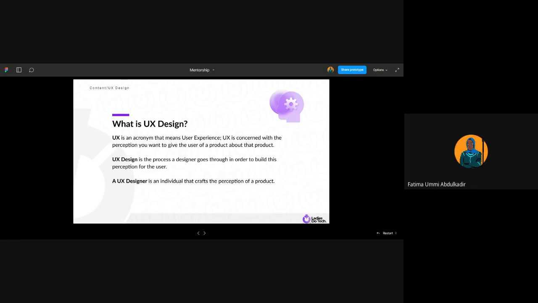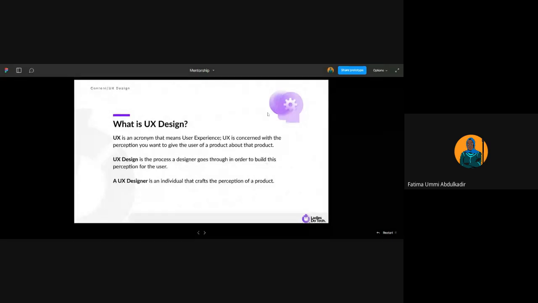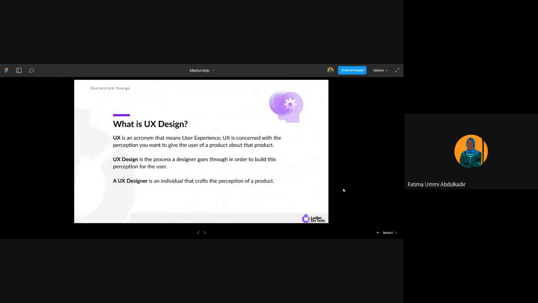When it comes to UX design, there's no right or wrong answer. That's giving justification to what UX is all about. Your perception of something, be it a product, be it a broom, be it anything that you definitely want to use to make your life easier.